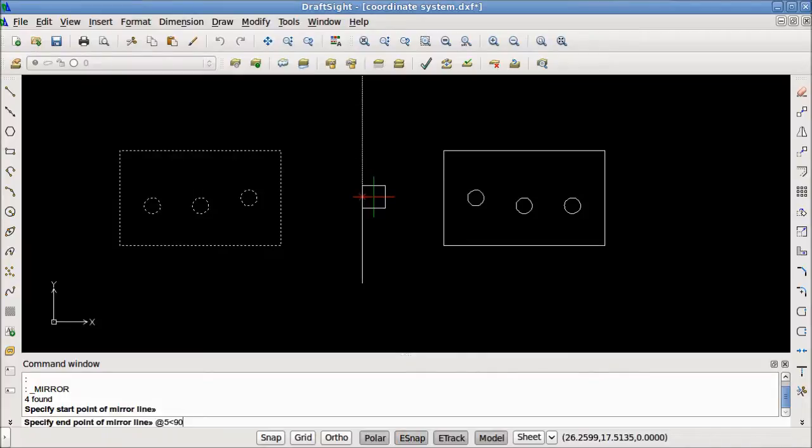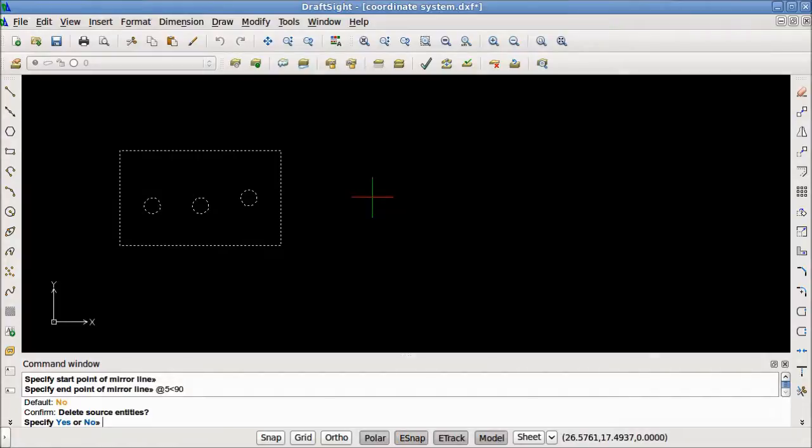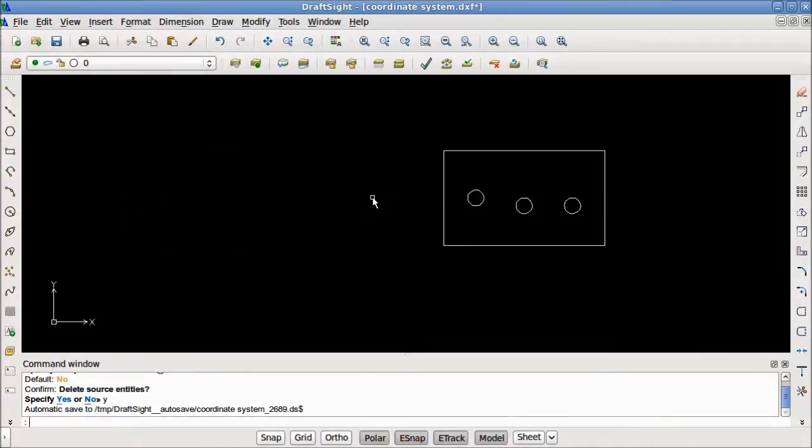guide our line. The 5 that I created is just an arbitrary length. The length only needs to be long enough to make sure that it is distinct from the start point. DraftSight will extrapolate the line as needed. Now that I have entered the length, I'll hit enter. Now I will be asked if I would like to delete my source entity. I will be typing in yes, since I don't need it. As you can see, the Mir Tool has flipped our entity over and created a mirror image of our original